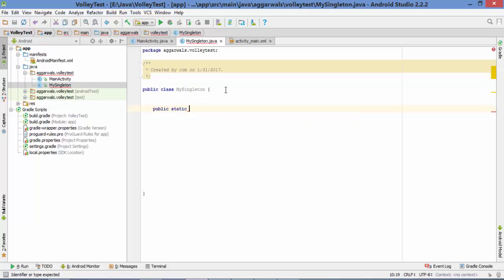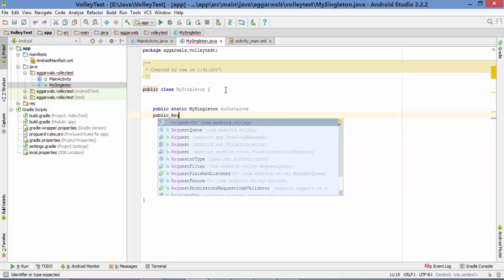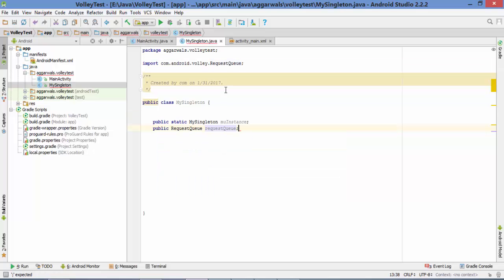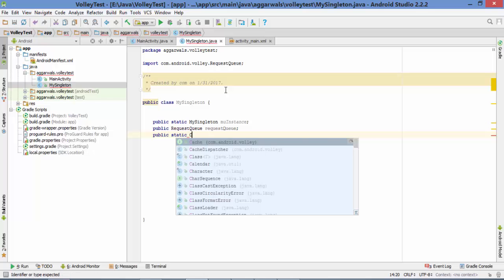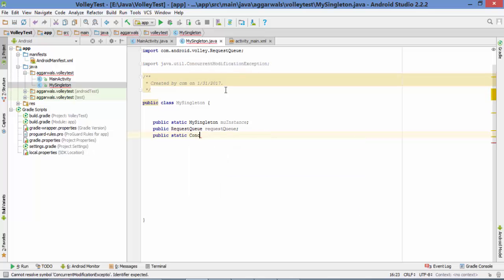Public static my singleton my instance, and public what we need here, request queue, after that public static context, and it is my context. Okay,